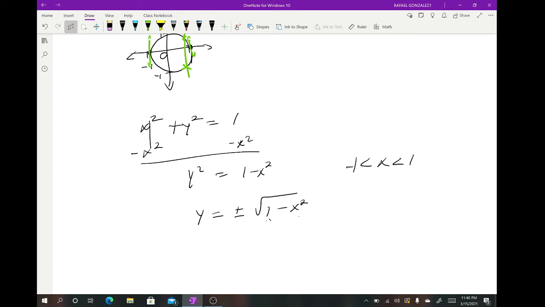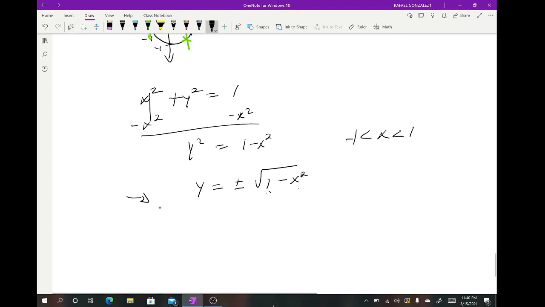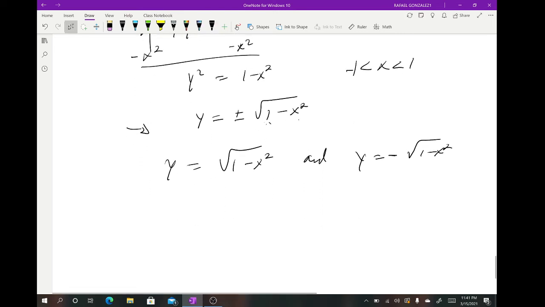Now, from this equation, we have two equations that come out. We have y equals the plus square root of 1 minus x squared, and we have y equals minus the square root of 1 minus x squared. And graphically, they represent,